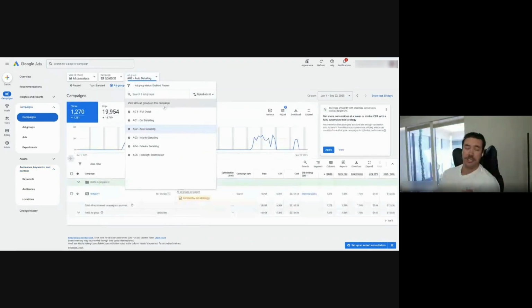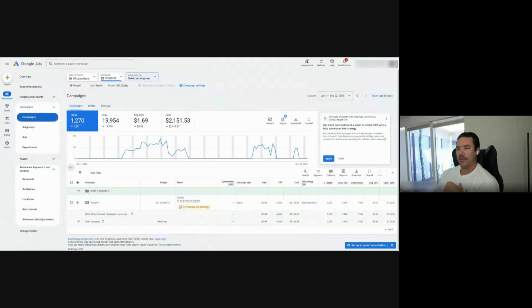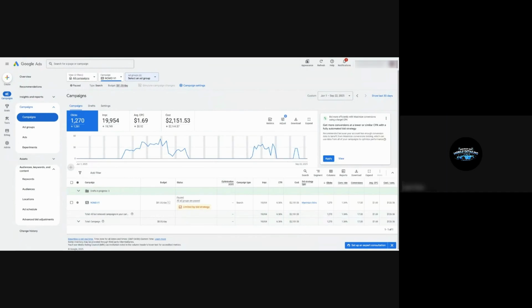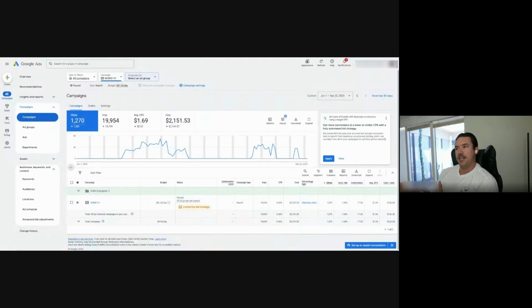Locations, do the same. So you can do the same thing with locations. Like if I just targeted, I don't know how much you know about the Phoenix area, but if I just targeted the whole valley, right? For mobile auto detailing, an area like North Scottsdale or Paradise Valley is a lot more affluent. There's a lot more money there than in South Tempe or South Phoenix, right? So those locations will have very different cost per conversions, very different results, but all the money is going to go towards Phoenix because that's where there's more volume, right? So you can do the exact same thing with locations.